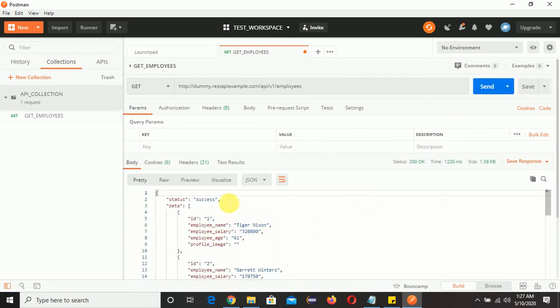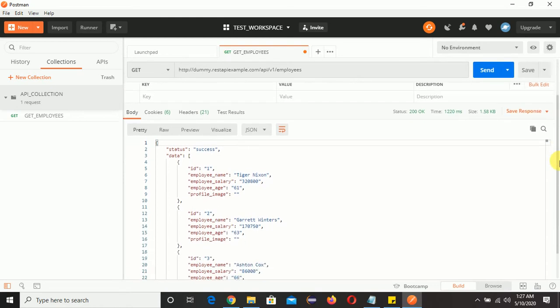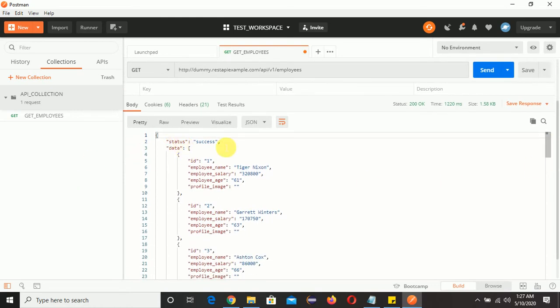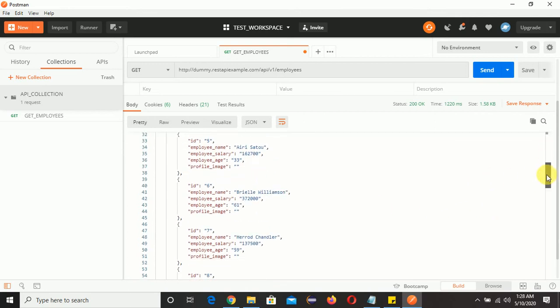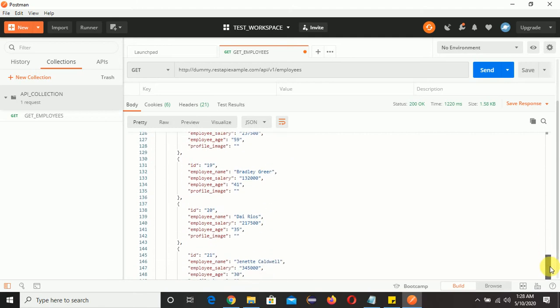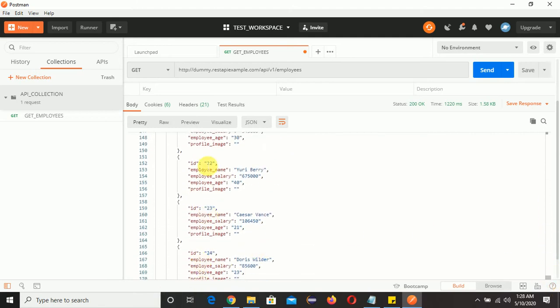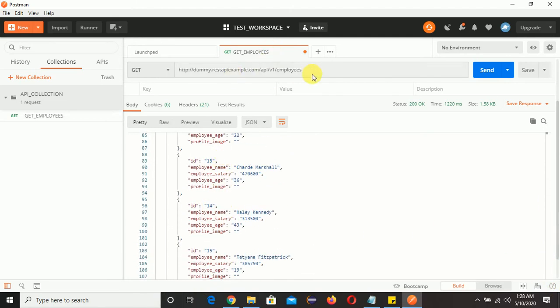So we have got a response, and in the response we got many things. We got status as success and a lot of data. Just scroll down once and we'll see how much data we have got. Totally we have 24 employees' data. By seeing this URL we can understand we will get employees' data.